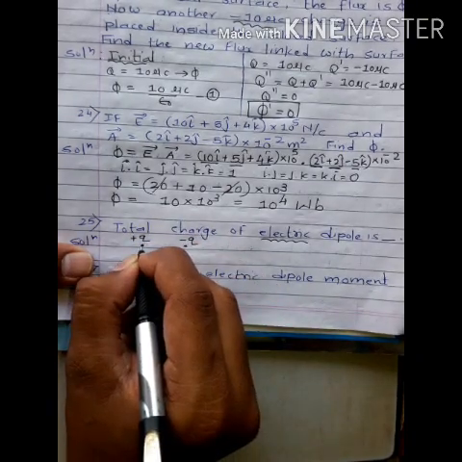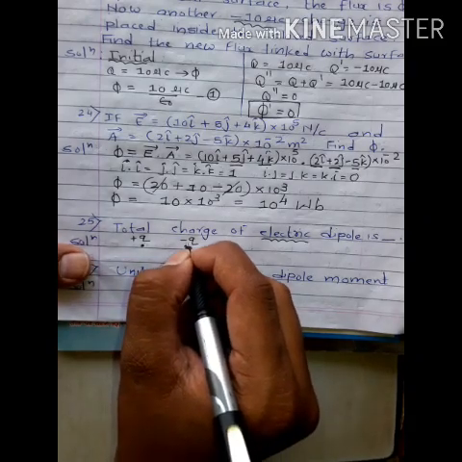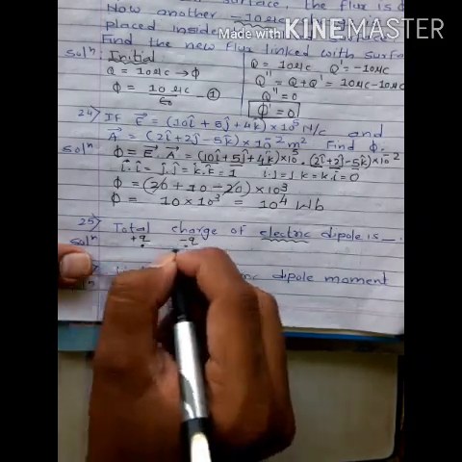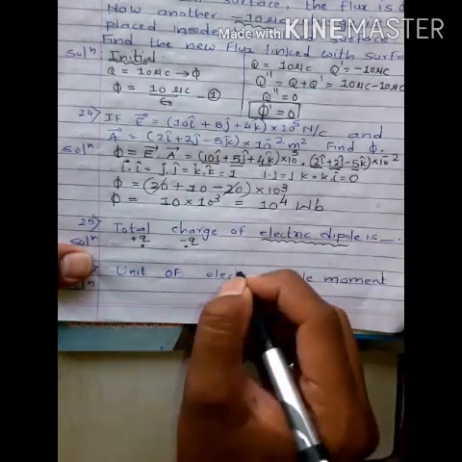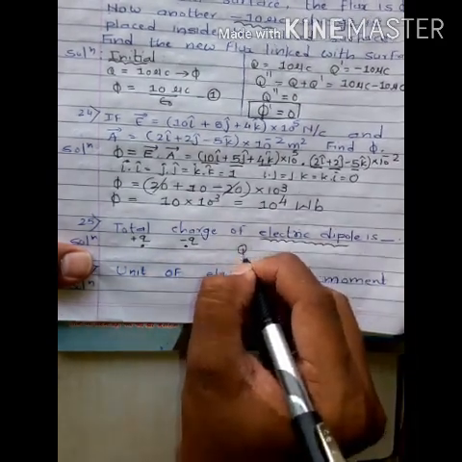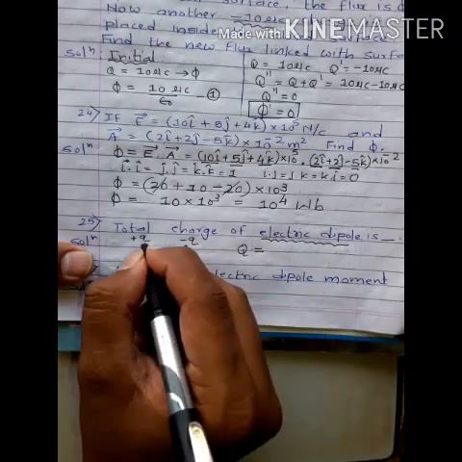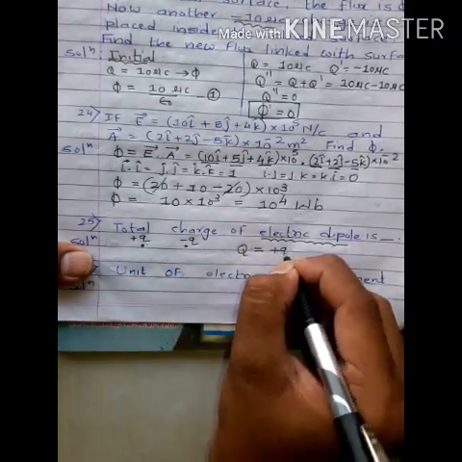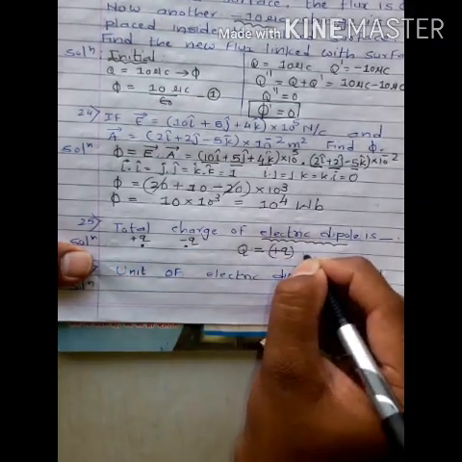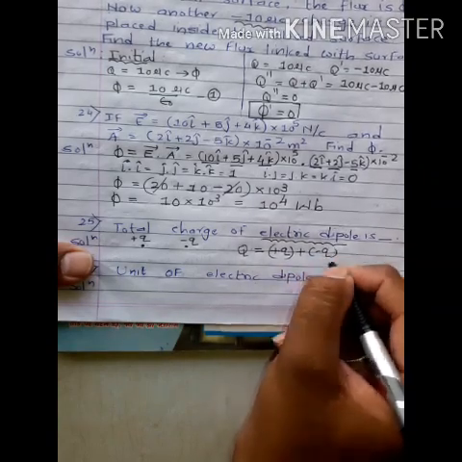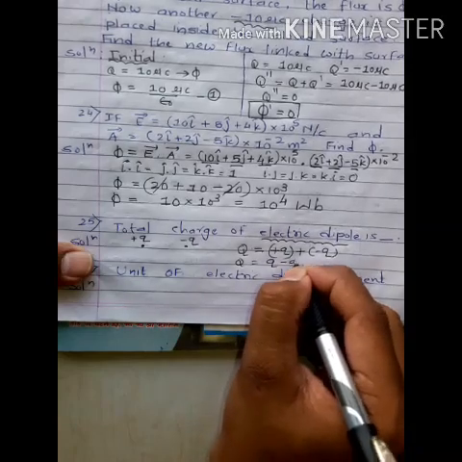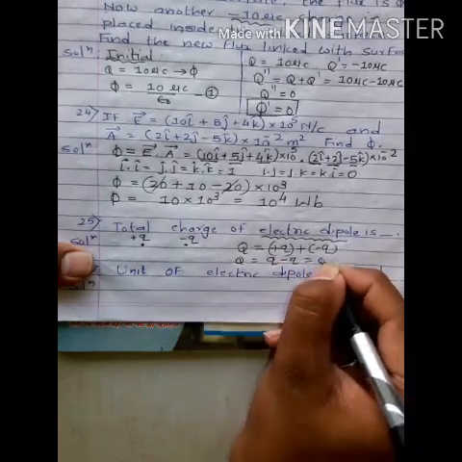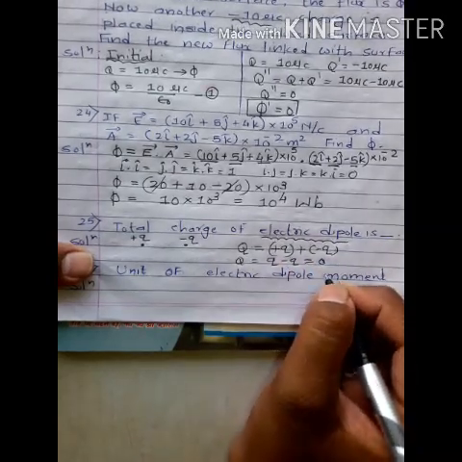Here we have a plus q charge and a minus q charge. A system of two equal and opposite charges is known as an electric dipole. Suppose we want the total charge: we have a plus q charge and another charge of minus q. So the total charge is q minus q, which means the total charge of a dipole is always 0.